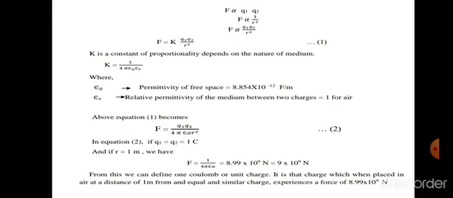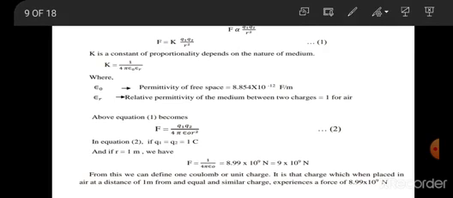Okay, so the first equation will now become the electrostatic force F between the two charged bodies equal to Q1 Q2 upon 4 pi epsilon naught epsilon r into r square. And as we are considering the air medium, the value of epsilon r here is 1. That's why we write here F is equal to Q1 Q2 upon 4 pi epsilon 0 r square. Now in this equation 2,